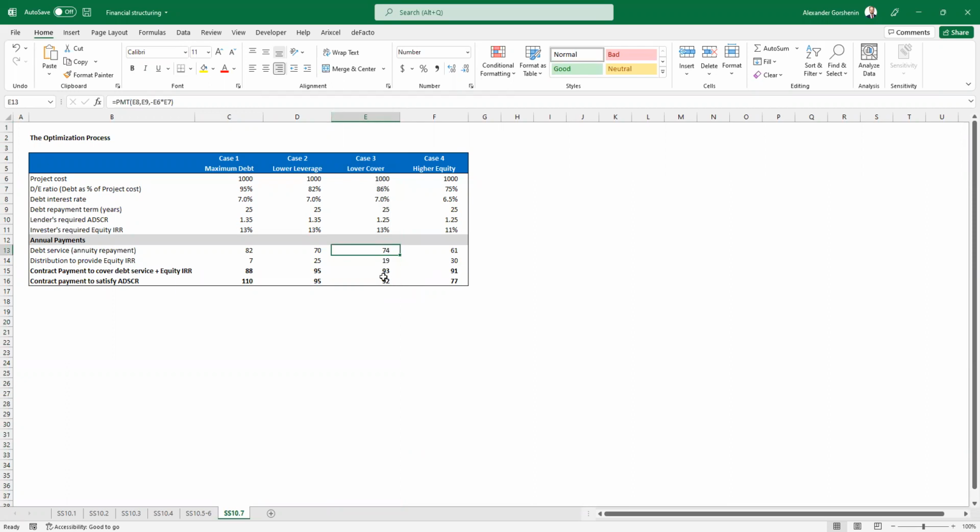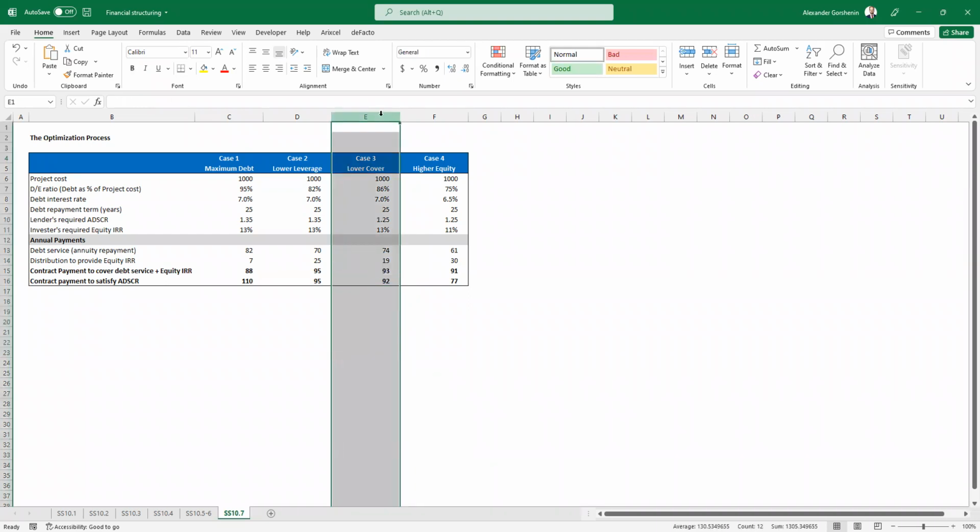In fact, it may be more beneficial to the sponsors to negotiate a lower cover ratio and a lower debt interest rate. So you can see we lowered the cover ratio and we increased the debt equity ratio. All others stay pretty much the same. So we don't have in this case to increase the contract price. So it's a very good approach. But